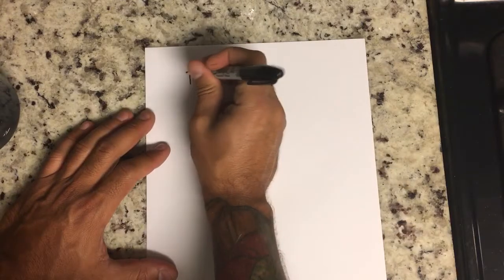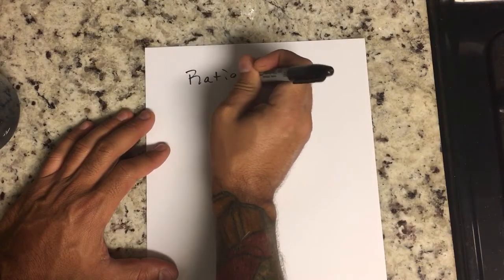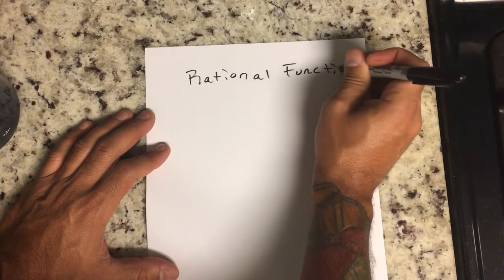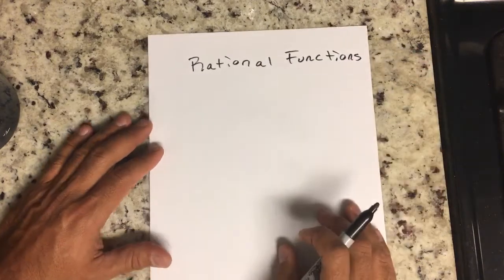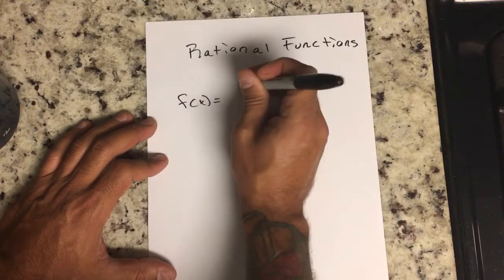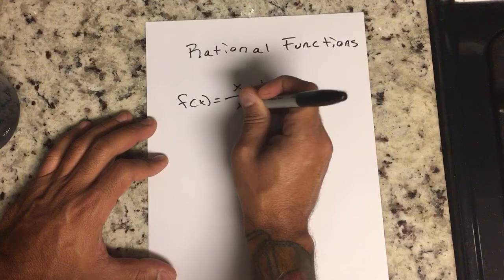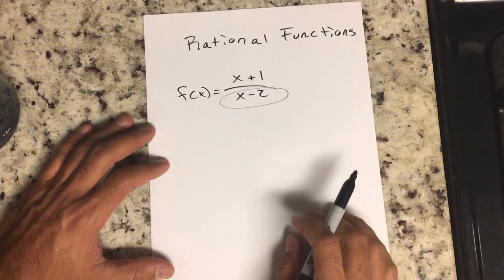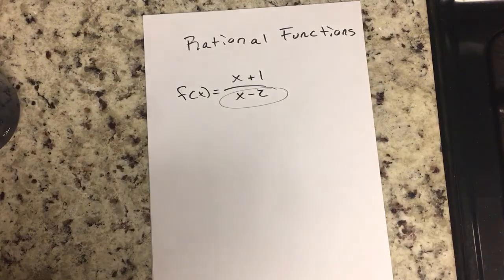Okay, I'm going to do rational functions. I hope that your Algebra 2 teacher covered a lot of this with you. A rational function means that I have something like this. We already know what the restriction here is, but we have a lot of different things that we're going to